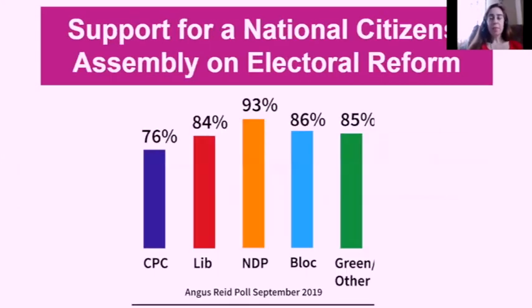Finally, in September, Fairvote Canada commissioned Angus Reid to do a poll asking about support for a National Citizens Assembly on electoral reform. It was briefly described, and then people were asked whether they would support this. On average, 79% of respondents said that the next government, whoever forms government in October, should commission a National Citizens Assembly on electoral reform. So we know that this would be a popular idea that has support across parties and across citizens in different provinces.